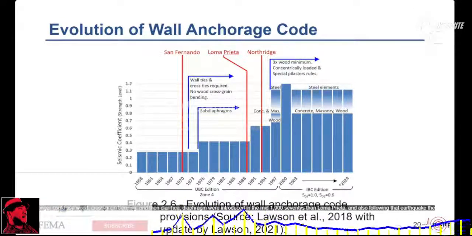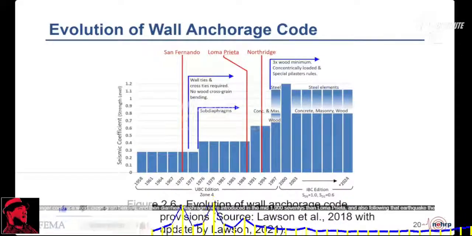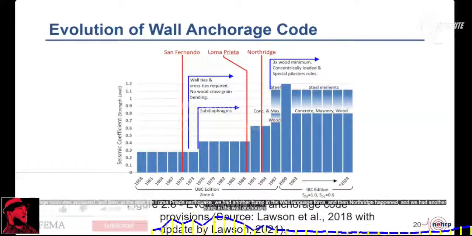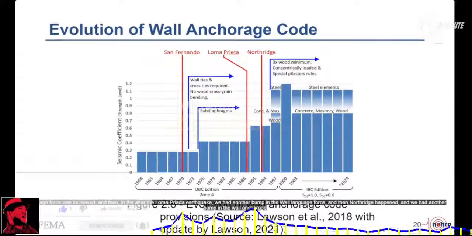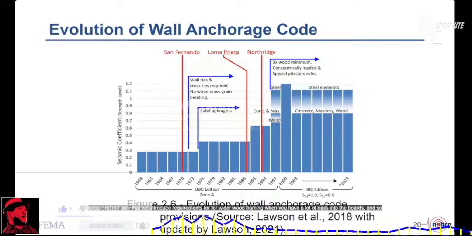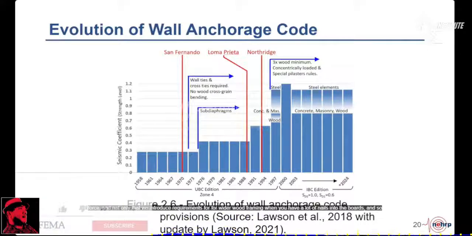And then sub-diaphragms were introduced in the mid-1970s, then Loma Prieta. And also, following that earthquake, the anchorage force was increased. And then after the Loma Prieta earthquake, we had another bump in the wall anchorage force. And then Northridge happened, and we had another bump in the wall anchorage force. And not only that, we introduced requirements for wider